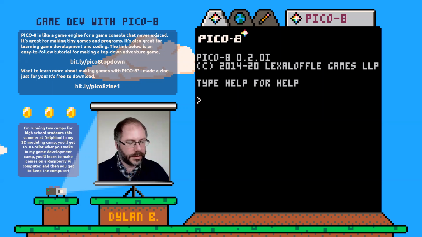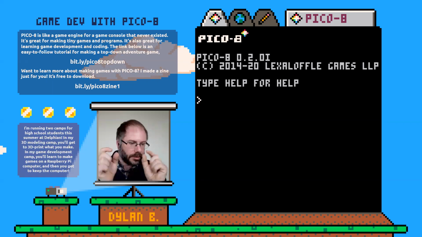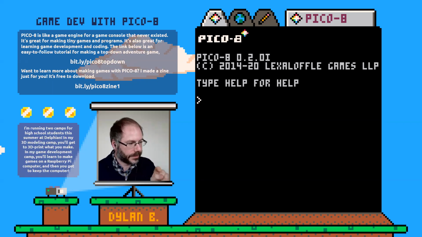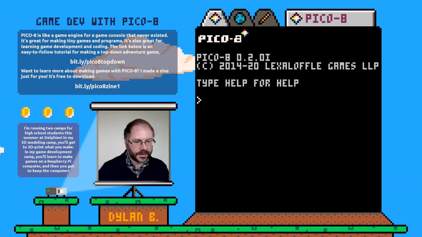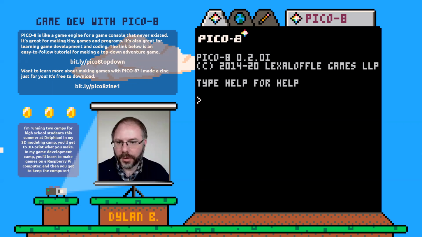In the email that I sent you, it says, okay, here's the code you need, and it says edu and then a bunch of letters and numbers. You have to use that whole thing, and then when you click the link right below it, where it says Pico 8 redeem or something like that, it says, okay, I need the code. I'll put it up on the screen here so you can see in a second.